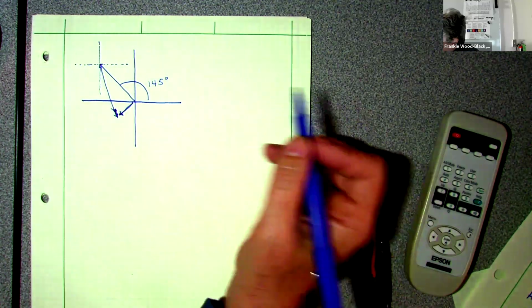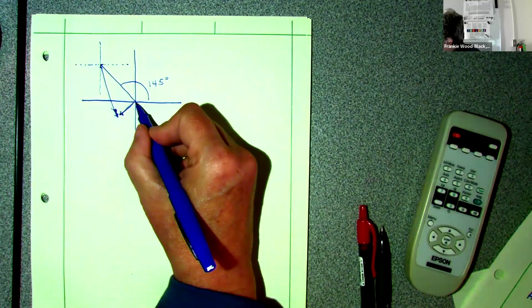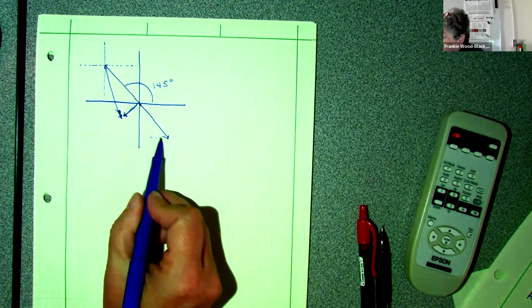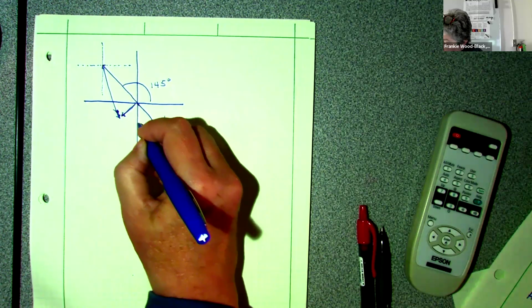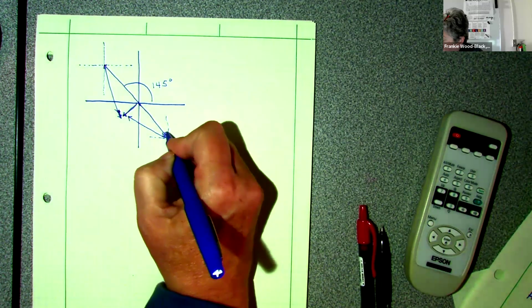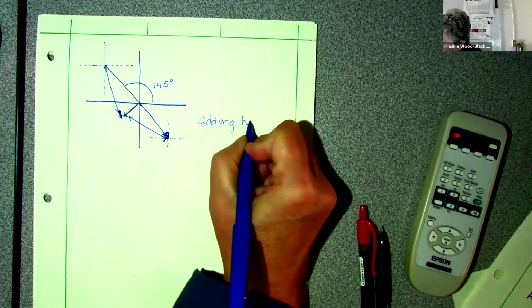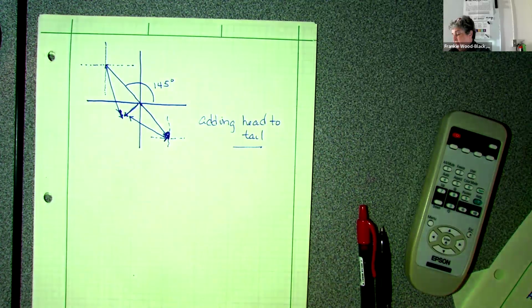If I started with the other vector, down here along these lines, and then I give myself a coordinate point, we end up in that same area, because I'm adding head to tail. Okay, I'm going to stop there today and we will start throwing